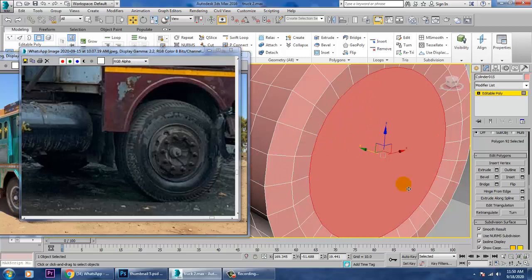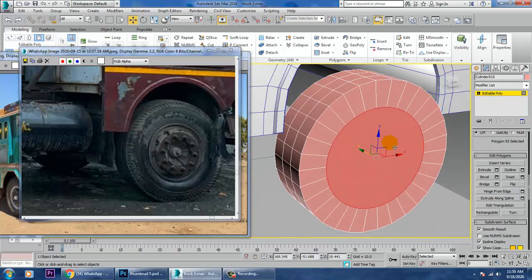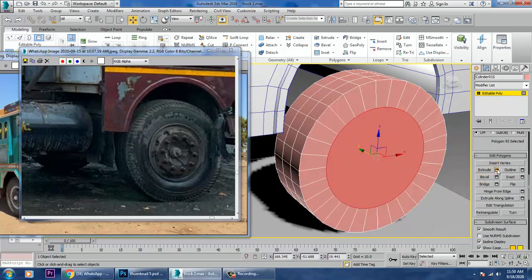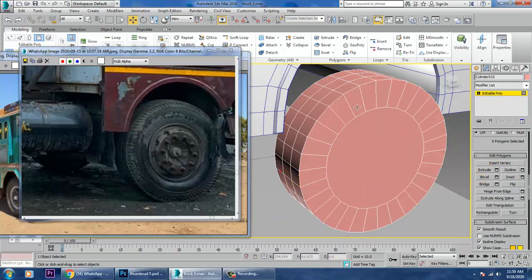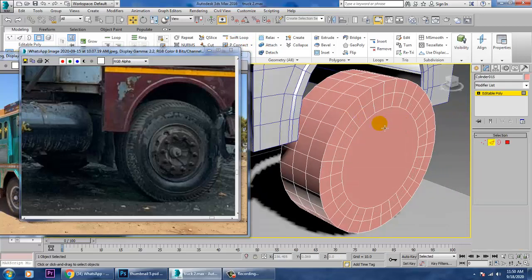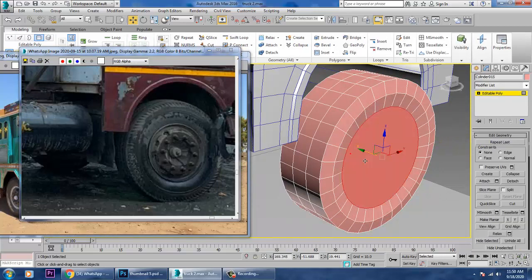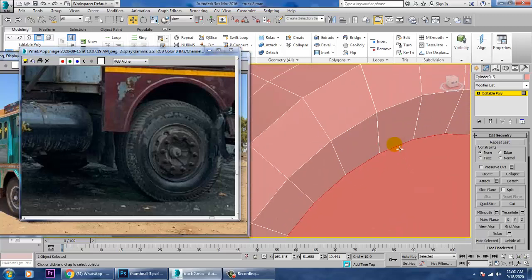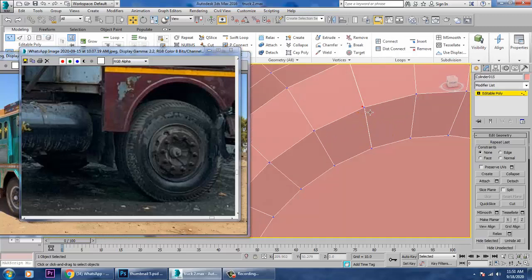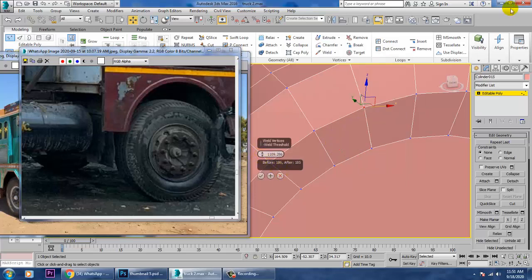Undo this. So select this, just push this out, select this, select both of these, and just weld this stuff over here.